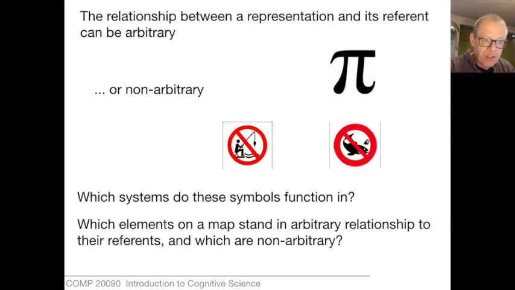When we're dealing with symbols and icons of this sort, the relationship can be entirely arbitrary, or it can have some non-arbitrary elements in it. So the Greek letter pi, for example, has been appropriated by mathematicians, taken out of its ecosystem of Greek texts, and re-entered into a different system of mathematical equations, mathematical notation. It stands within this system for a particular number, 3.141, and so on. That number was known to the Greeks, but they did not use that letter for it. So the meaning of a symbol depends on this system within which it functions.